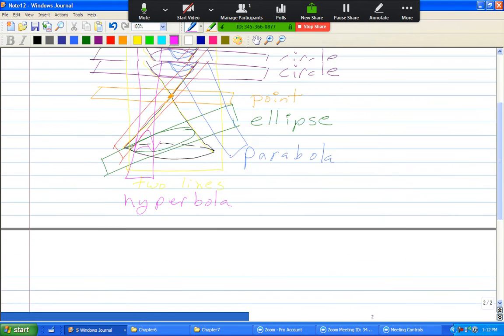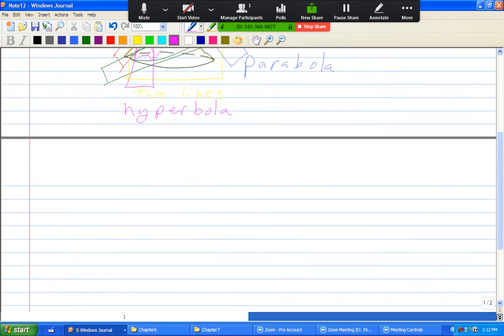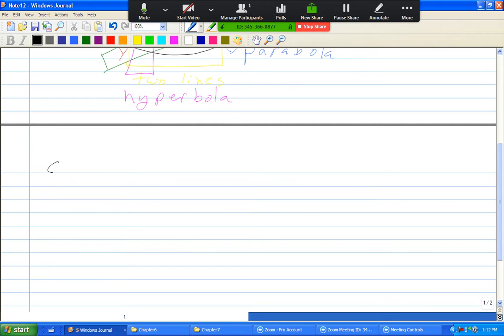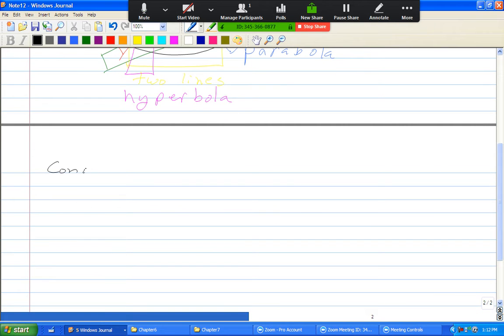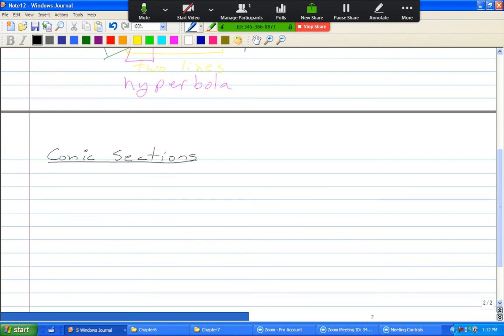So the conic sections are these above. These are slices of a cone. These slices of a cone can be, well, I can slice it where I don't hit anything, so the empty set,